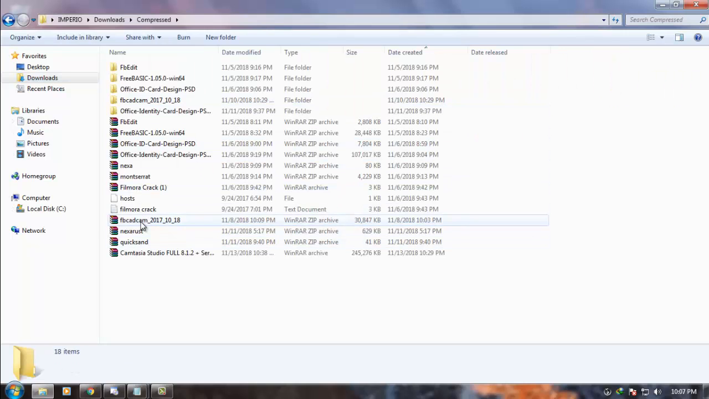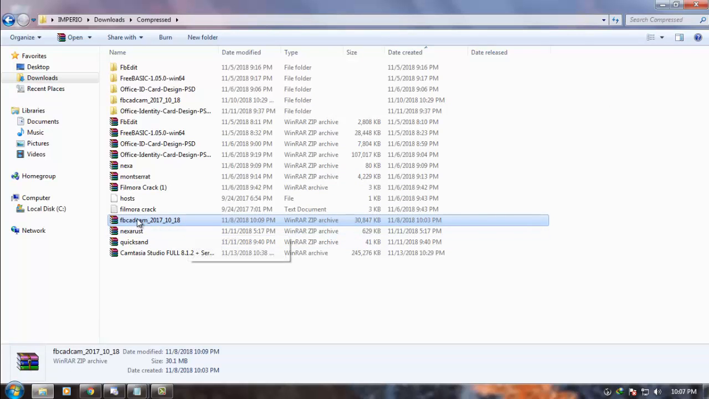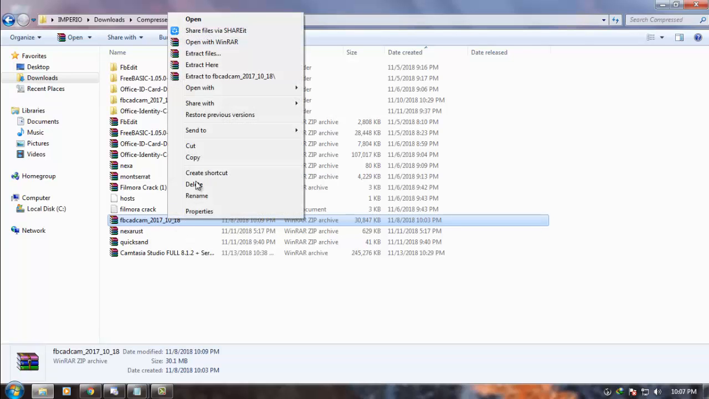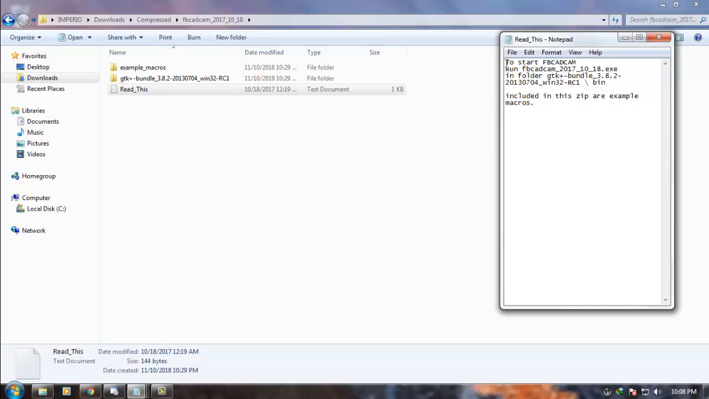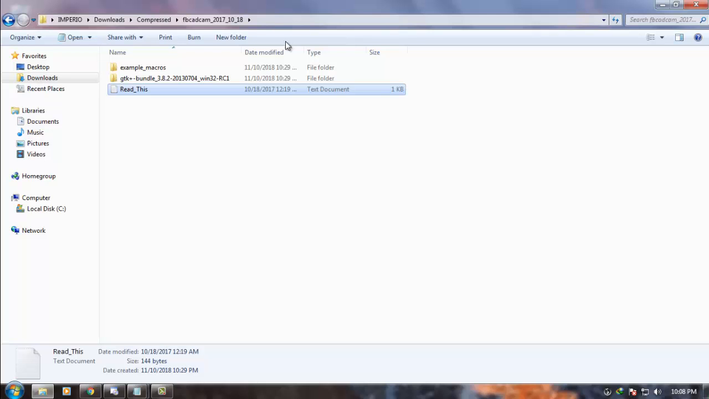As you can see, this is the zip file that you downloaded from FbCadCam.com. So you need to extract it. Before you install the program, you just click this file. It is the guide text note at the bin. So we're gonna follow that